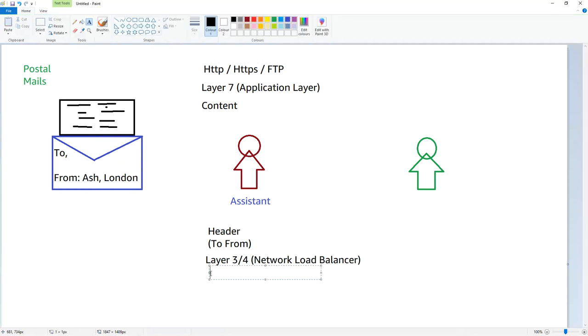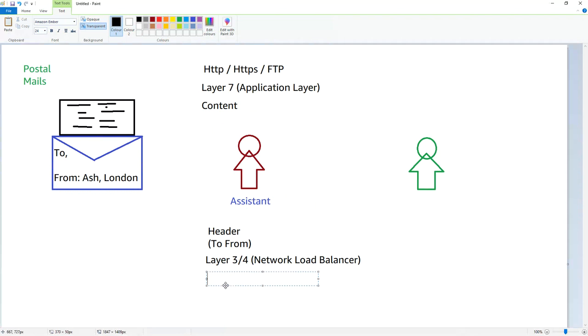Then any examples of layer 3 and layer 4 protocols? What do we run here? Layer 4 protocols. Anyone? TCP, yes. UDP, yes. These are the protocols which we mostly run on layer 4.